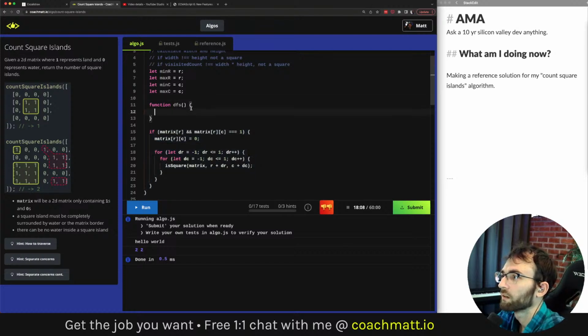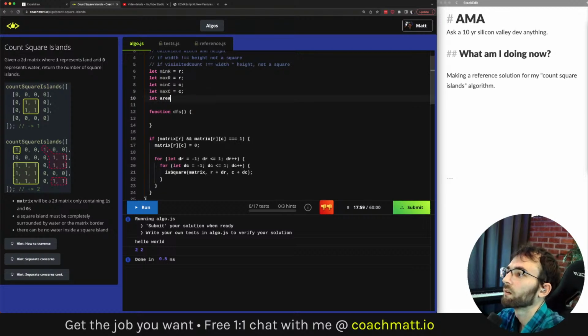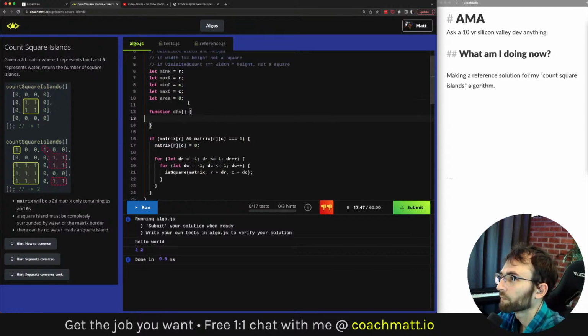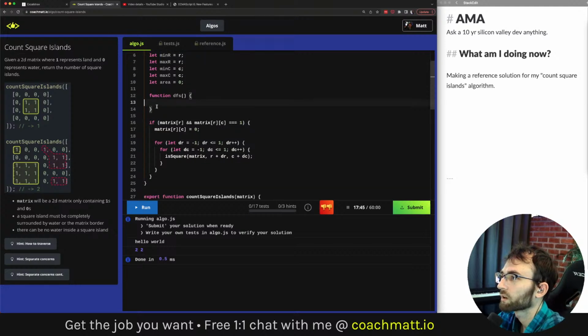This depth first search is going to do the same kind of search through everything, but then update all these values. And then area is also going to be updated each time we visit a piece of land. We're going to add 1 to this area. And then hopefully this will work.